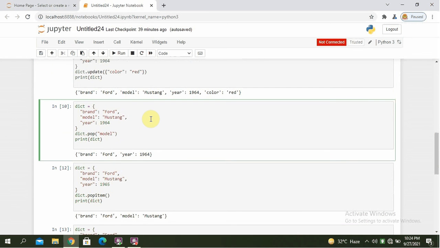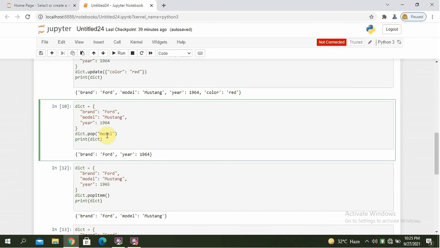Remove dictionary items. How to remove items from the dictionary? There are several methods to remove items from a dictionary. Here we use the pop method. The pop method removes the item with the specified key name. Here dictionary equals brand colon Ford, model colon Mustang, year colon 1964.